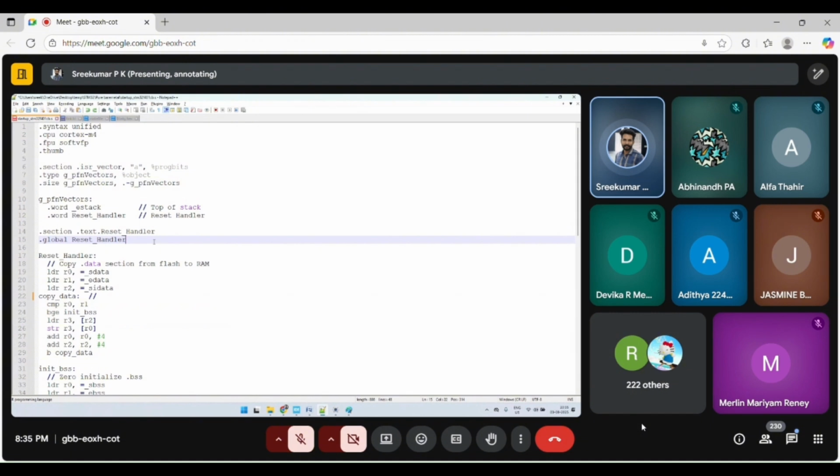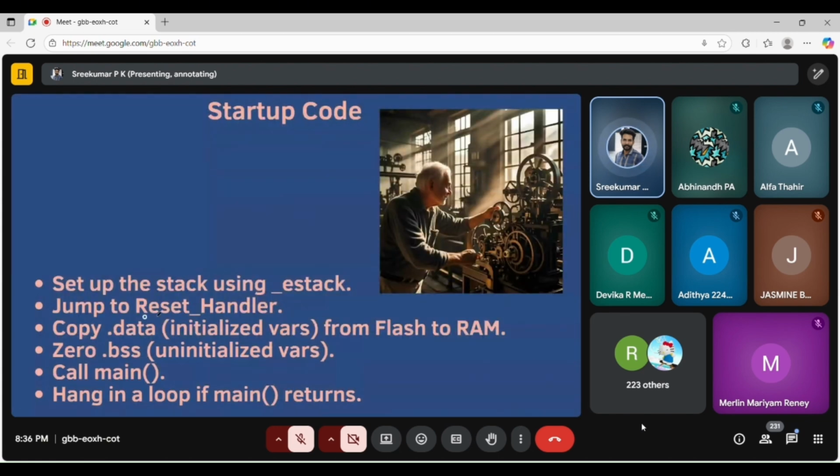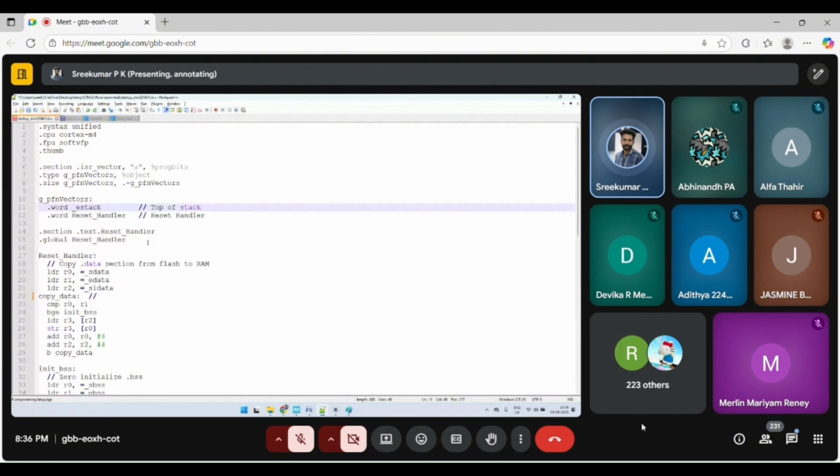See, here you can see from line number 10 to line number 15, it is setting the stack pointer. Now what is it doing? It is jumping to the reset handler. You can see section reset handler. So you might be thinking, where is this stack and where is this reset handler? Where is all this mentioned? It is mentioned in the linker script. Okay, I will explain linker script later. So this is stack and reset handler initialization.